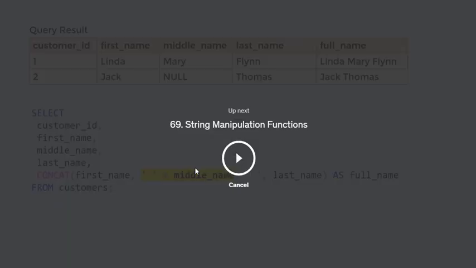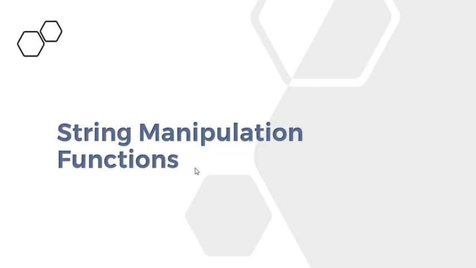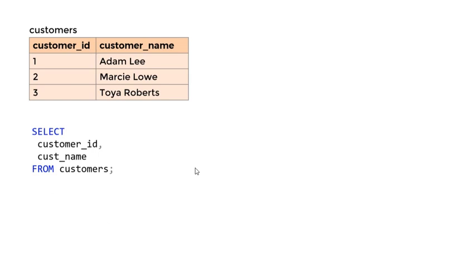String manipulation functions. See how to use string manipulation functions. How to manipulate the strings. So let's get started here. Customer ID, customer name from customers. Want to write exact